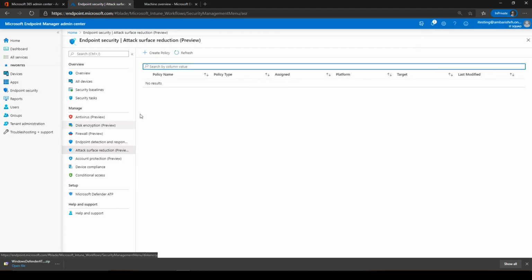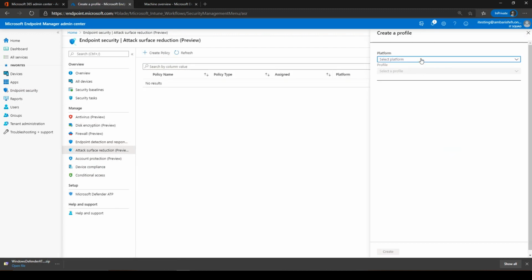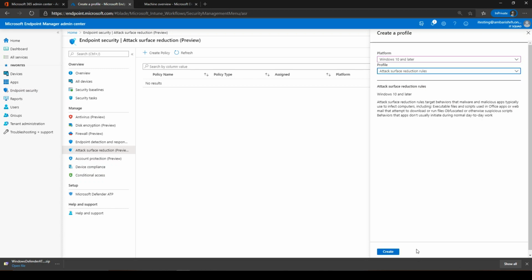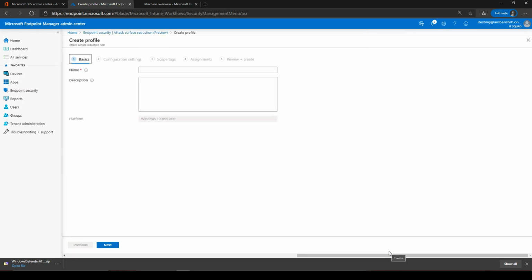Now let's look at the attack surface reduction. Attack surface reduction is something, as I said, you need to be really careful about how you do that. So probably I will just configure the ASR rules on audit mode for now, and then probably in the next video we will have a specific session only for ASR. I will not create anything yet. I'll create only the attack surface reduction rule, because in the next video I want to talk about the ASR rules, how it is being alerted and triggered. So we say ASR policy,